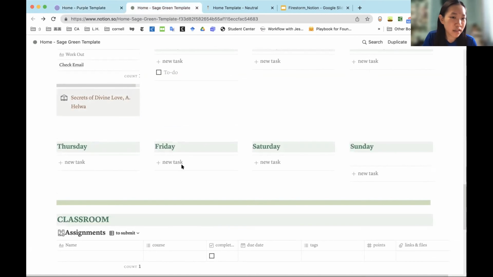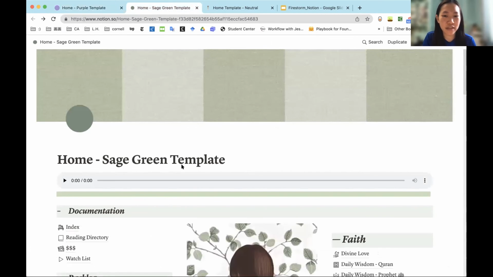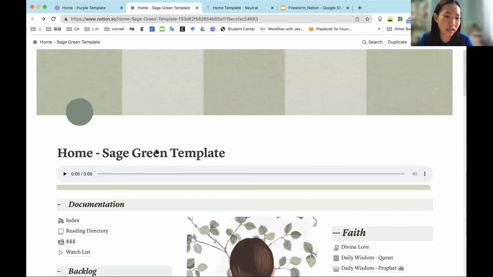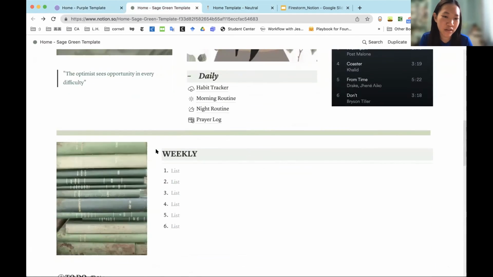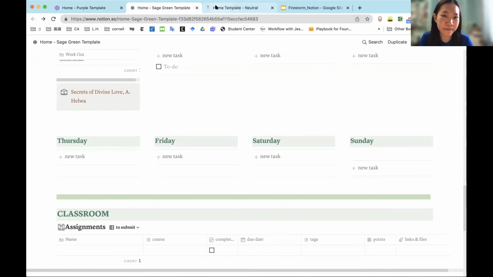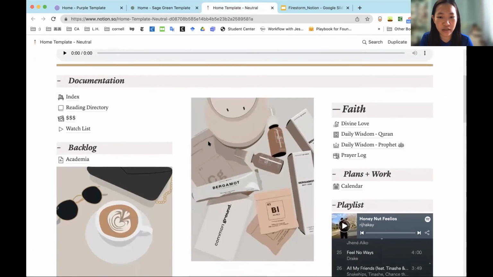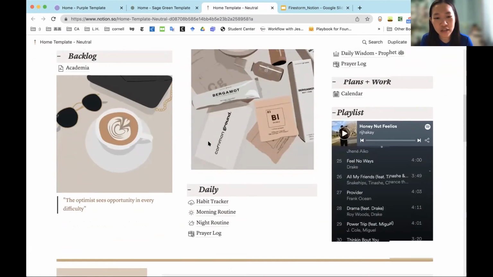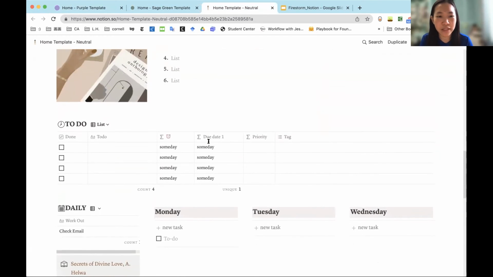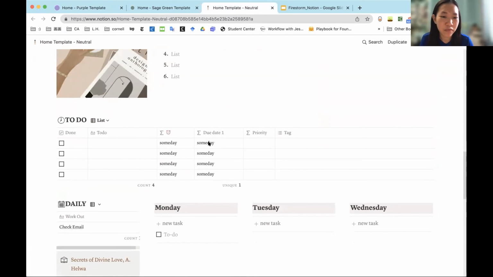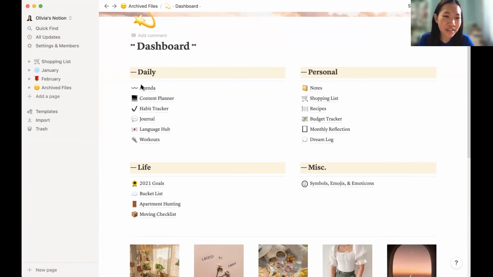And then the second thing is, as I can say, you can control your aesthetic and the colors. Here's a sage green template. And then here's more neutral colors, depending on what you like, what colors calm you for the day. So here's